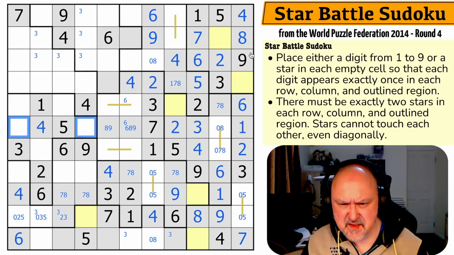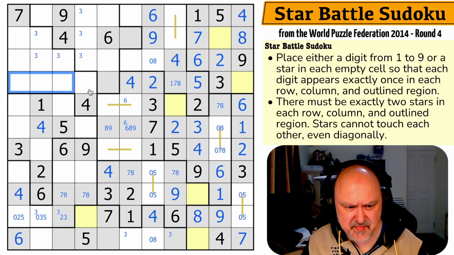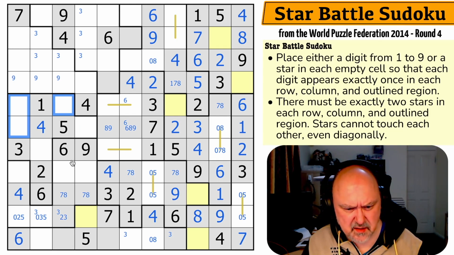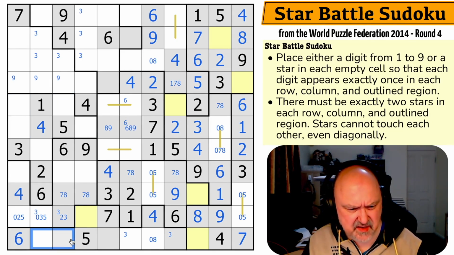So is it 9s? 9 in this row. It's not here or any of these. That 9 means it's not in those, so it's in one of those 3. 9 in this region is in one of those 3. So where's the third 9 in these columns? Does that mean 9 has to be down here? Because I can't put it in... Right. There has to be a 9 in one of those 2. Because if I don't put a 9 in one of those 2...